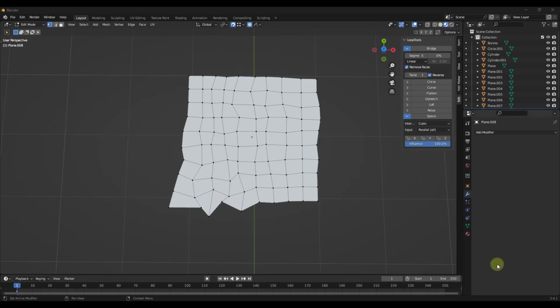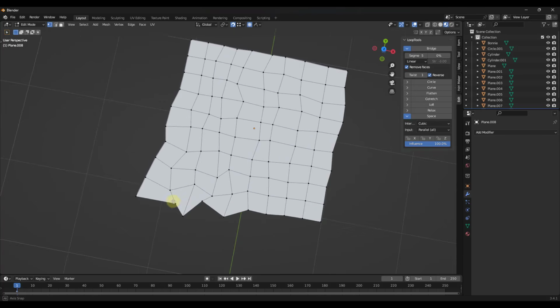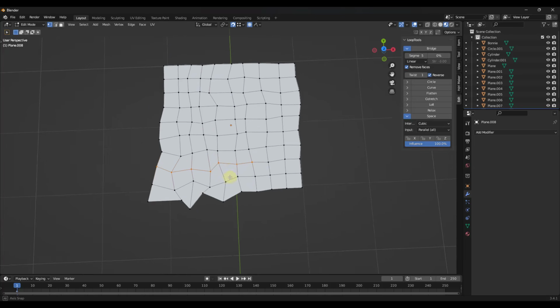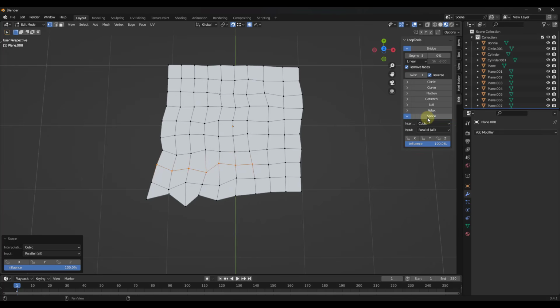This last one's interesting because it's going to come in here and try to evenly space out vertices. So notice how, for example, I've got this mesh in here and things are just not really spaced out very well. And so what I could do is I could come in here and select some of these, and if I run the space